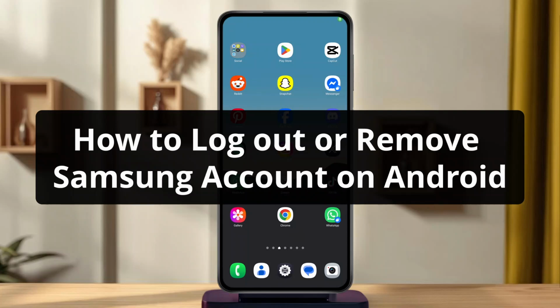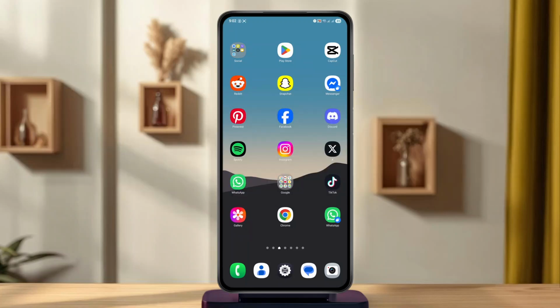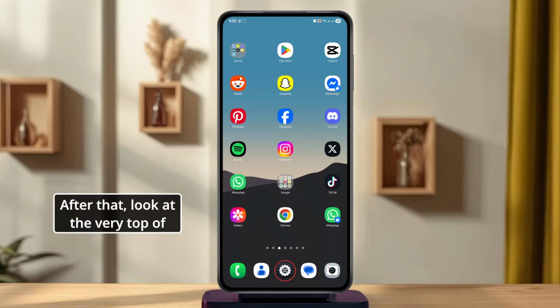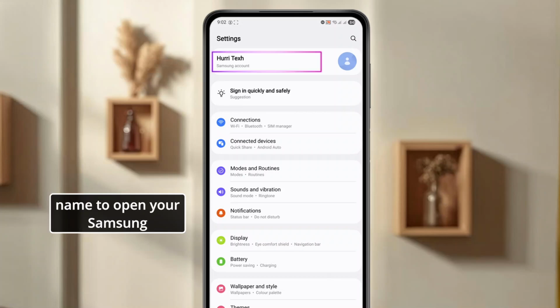How to log out or remove your Samsung account on Android. This tutorial shows you how to sign out of your Samsung account on your Android device. After that, look at the very top of the settings page and tap on your name to open your Samsung